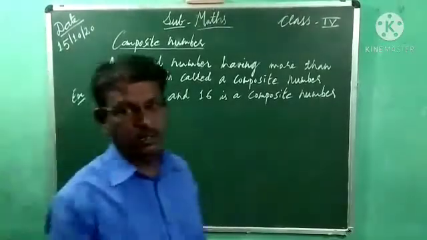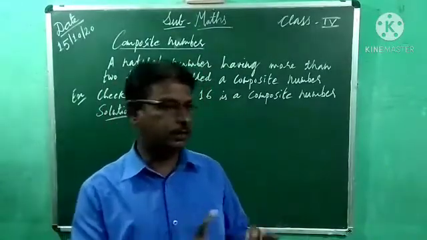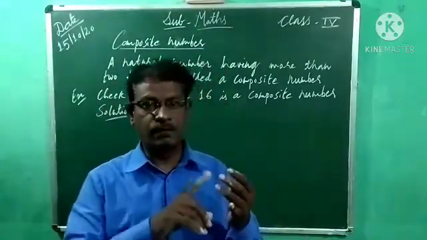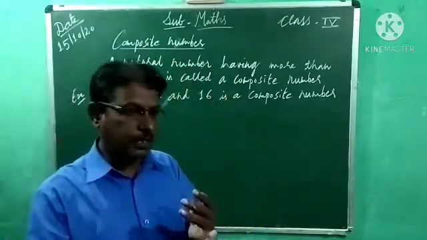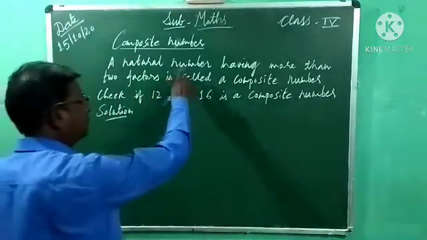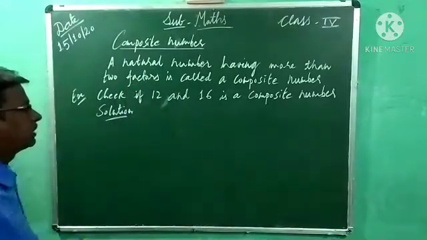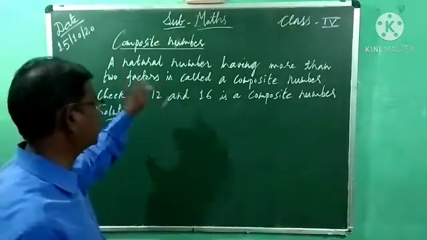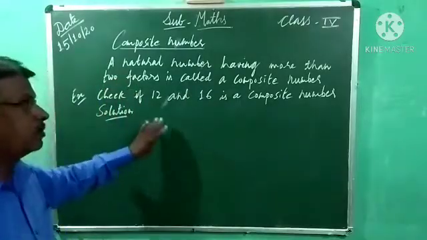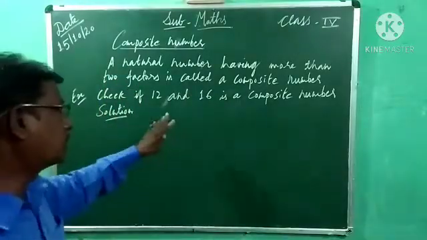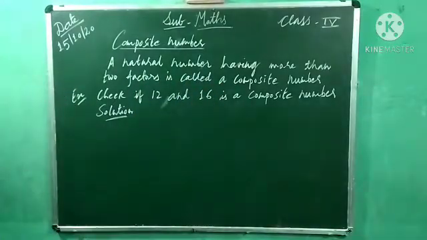Now we have to study what? Composite number. Like prime number, the definition is the same, just one thing is different. Composite number: a natural number having more than 2 factors is called a composite number. यानी 2 से ज्यादा अगर फैक्टर निकलते हैं तो वो नंबर फिर कंपोजिट नंबर बनेगा. कोई भी एक नेचुरल नंबर, होल नंबर नहीं, होल नंबर बोलने पर 0 भी आता है, 0 को छोड़कर कोई भी नंबर. A natural number having more than 2 factors is called a composite number.